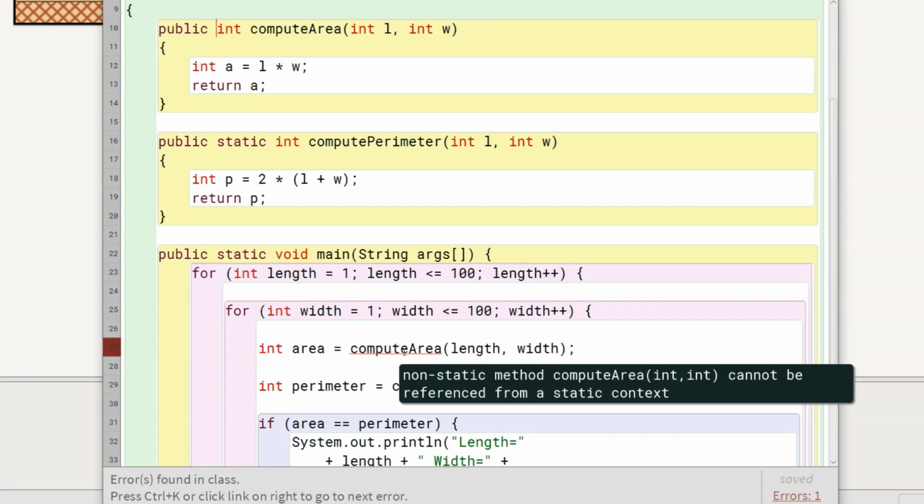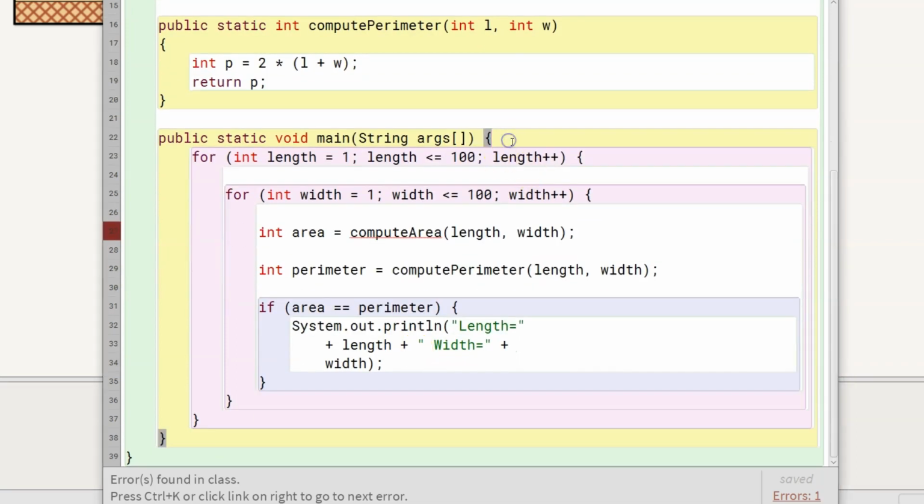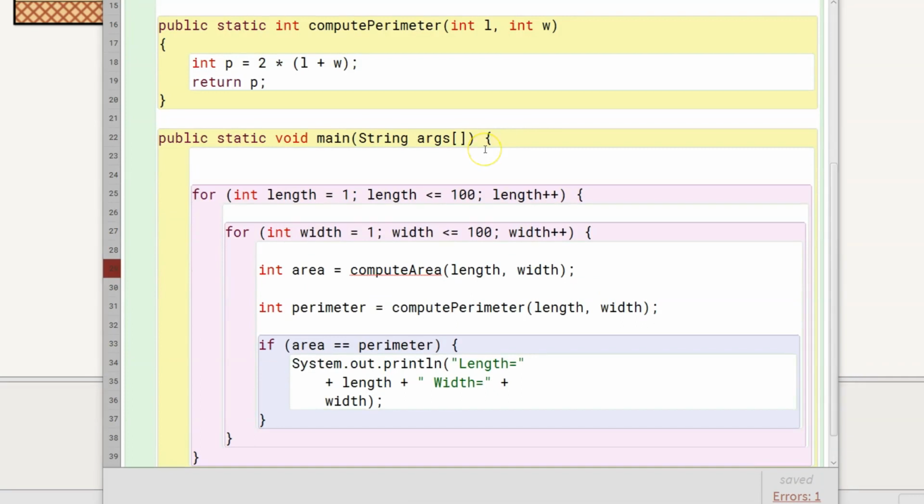As compute area is a non-static method now, to call it, we need to use an object of this class, KeyboardRectangleCheckWithMethods. Let's create an object of this class. First, declare a variable which will hold the object.